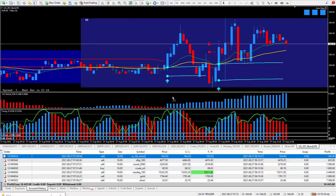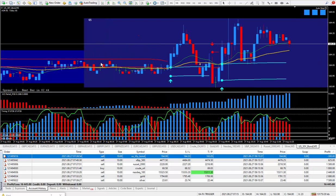So here we go. See where I got in at? Now the first thing that I noticed, at this point the system was telling me to sell. So I did sell, but as you can see, it mostly just went sideways. So that's one of those days, just as easy as I could have made pips over here, I could have lost even more if I closed out over here. But anyhow, took the trade at this cursor,